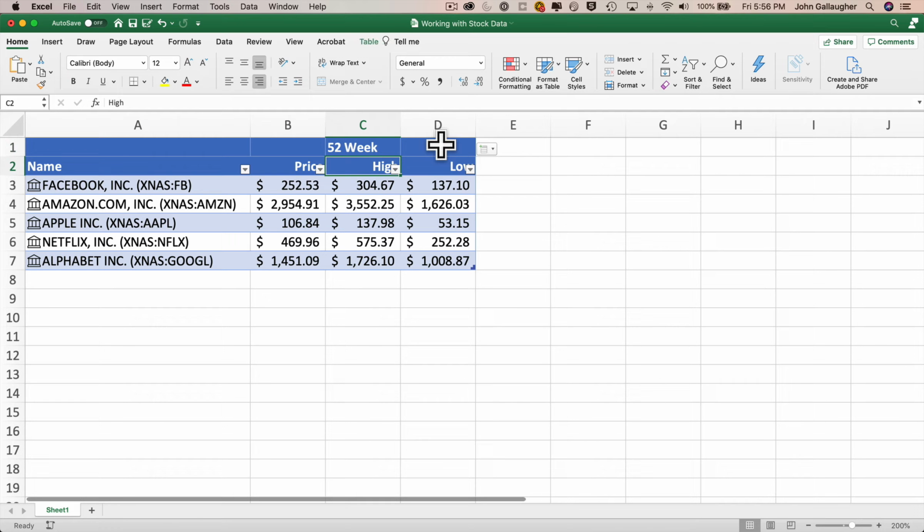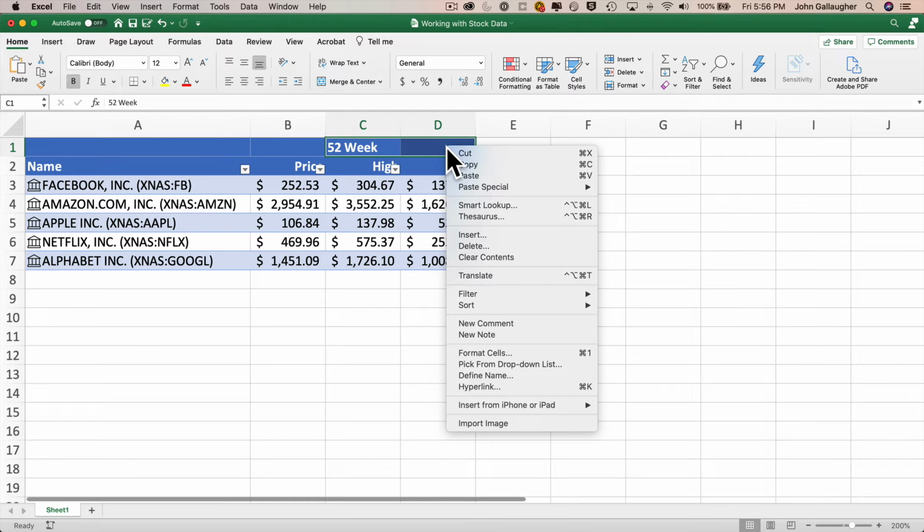And now it's time for a new technique. So instead of performing a merge and center across C1 and D1, we're going to select the cells C1 through D1, and I'm going to center across those two cells. So with C1 through D1 selected, I'm going to right click on the selection that I just made. This brings up the context sensitive menu, and one of the options that I have here is to select format